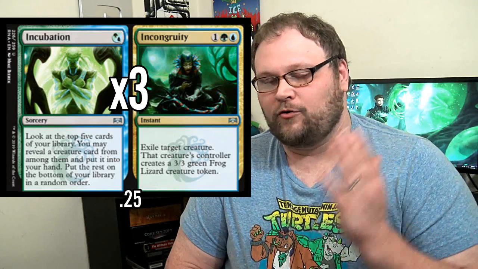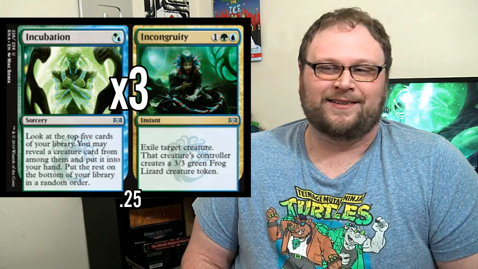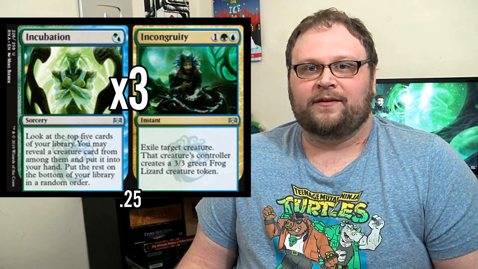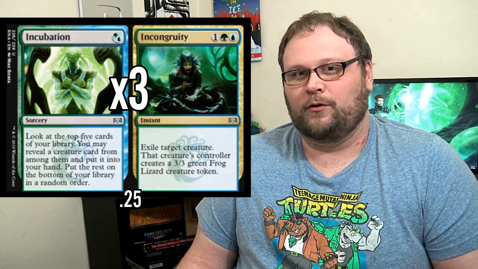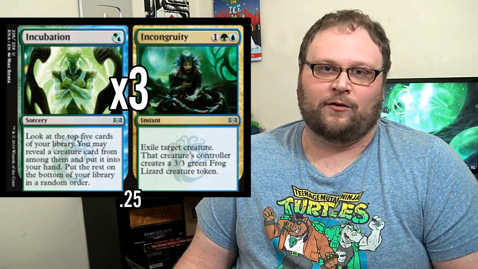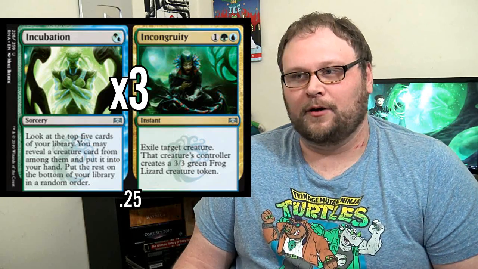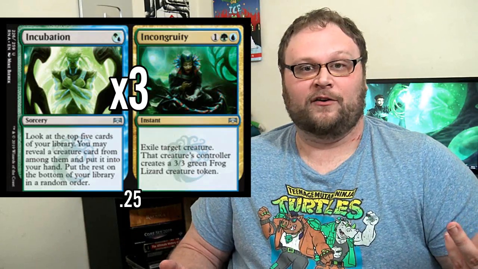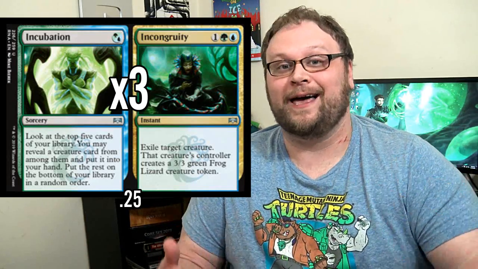The exile clause is incredible, and we have plenty of creatures to outclass a 3/3. We're actually not that worried about it. So in a lot of ways, this is just straight removal, you know? The token that it leaves behind can just be blocked or killed by an Ooze token, and we don't care. So Incongruity is an insane card by itself, but Incubation will sometimes help you find that Ooze